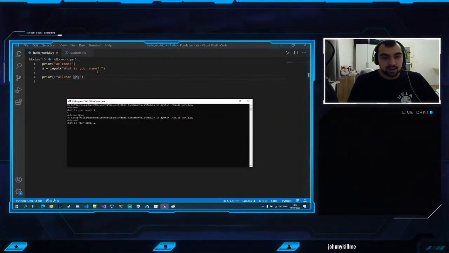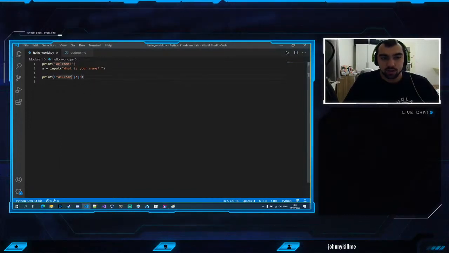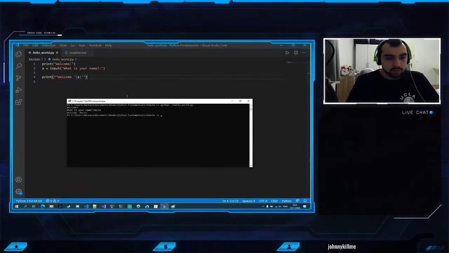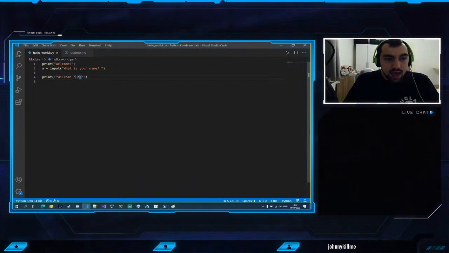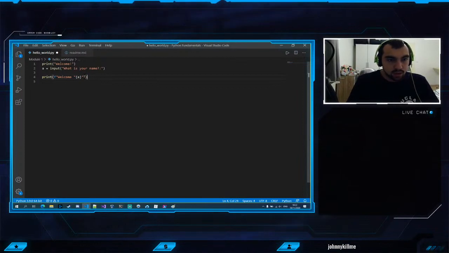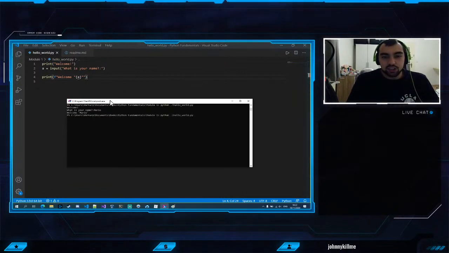And by the way, what happens if you want to print a quote, right? So let's say that right now you want to print our name, but with quotation marks. You can add single quotes, and that will work. So Mario, welcome Mario. But if you add double quotes, this is not going to work, right? It's already going to give you a little error here in the problem section, and it's just not going to run,